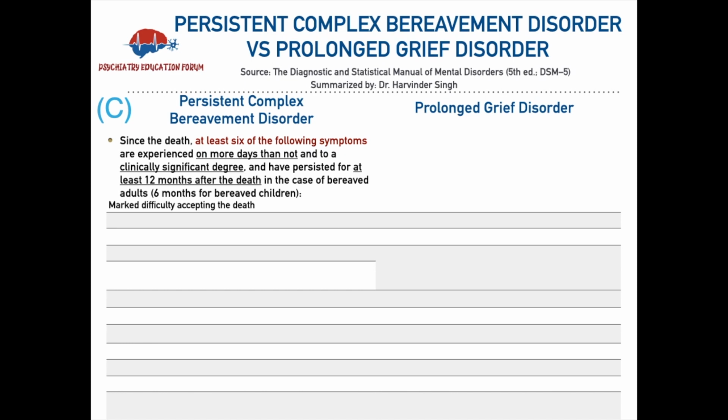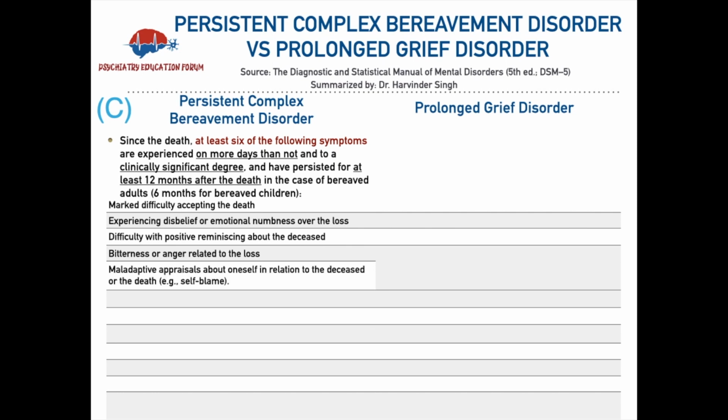So these symptoms are marked difficulty accepting the death, experiencing disbelief or emotional numbness over the loss, difficulty with positive reminiscing about the deceased, bitterness or anger related to the loss, maladaptive appraisals about oneself in relation to the deceased or the death, examples like self-blaming, excessive avoidance of reminders of the loss, a desire to die in order to be with the deceased, difficulty trusting